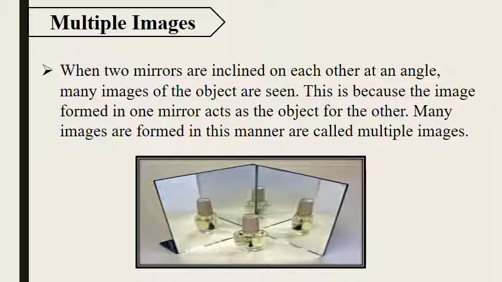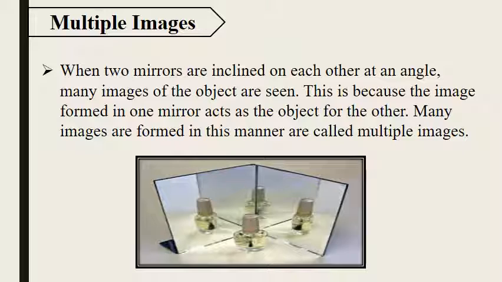Multiple images. What are multiple images? When two mirrors are inclined on each other at an angle, as you can see in the picture, many images of the object are seen. Here you can see the two mirrors are inclined at an angle, and in front of the mirrors